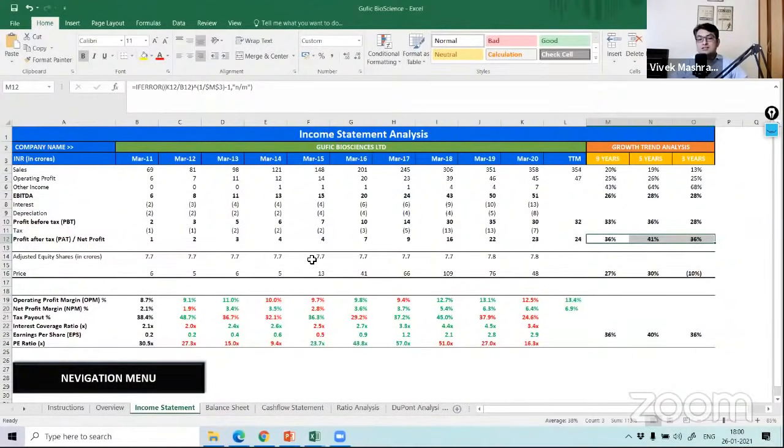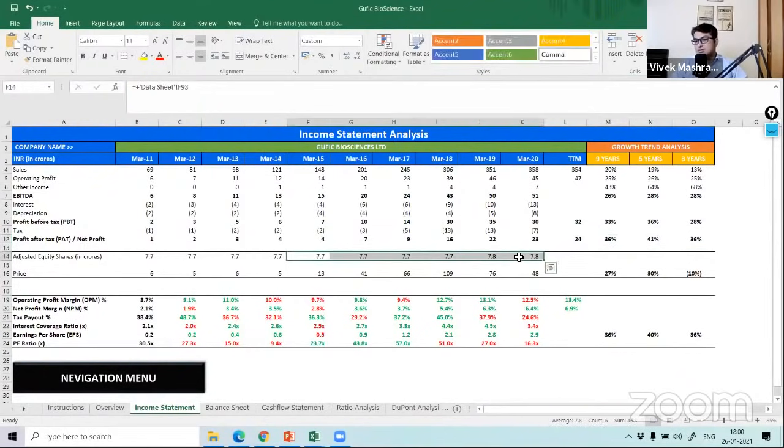Then also see whether the number of shares has increased. If it has increased, either it could be due to a bonus, or it could be a genuine equity dilution where the promoter is selling or issuing new shares and they are raising capital. That could be a potential negative sign also. Now, this is interesting, so this is what you should again see.